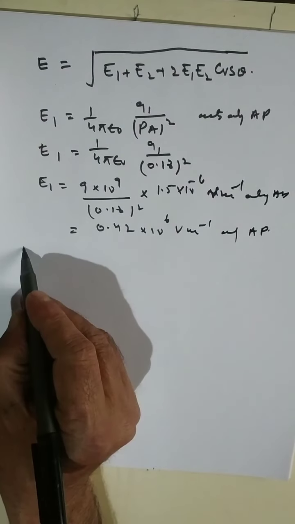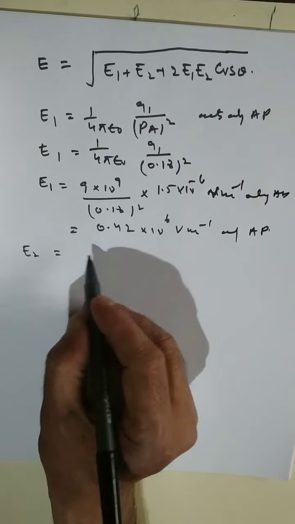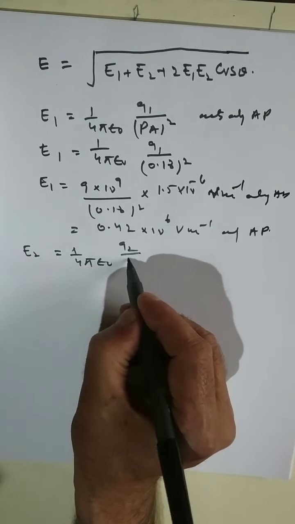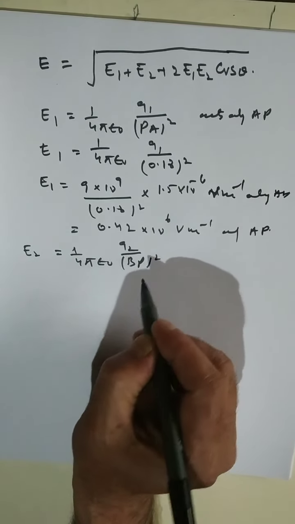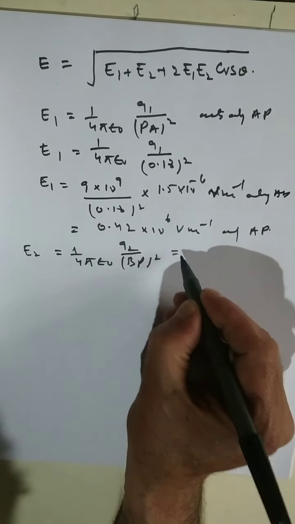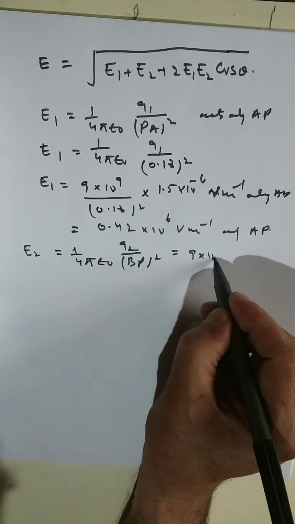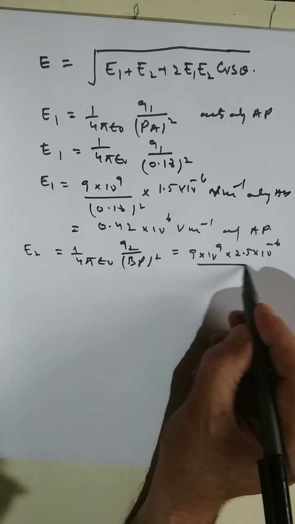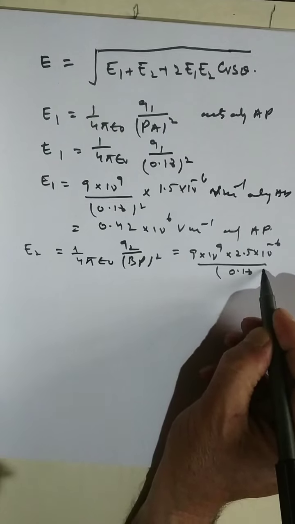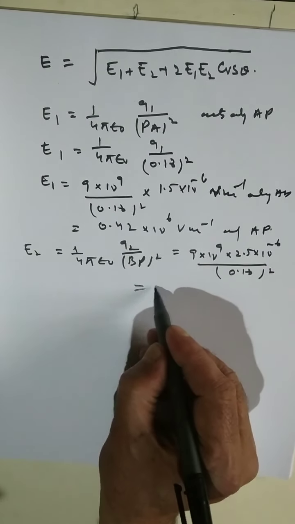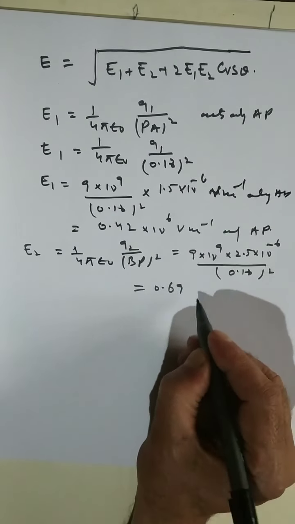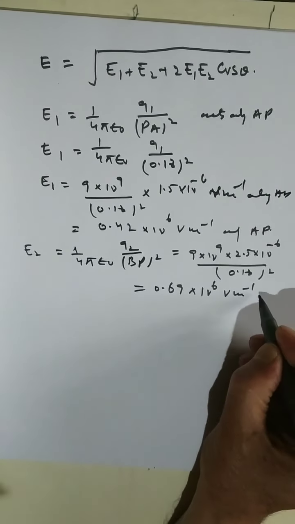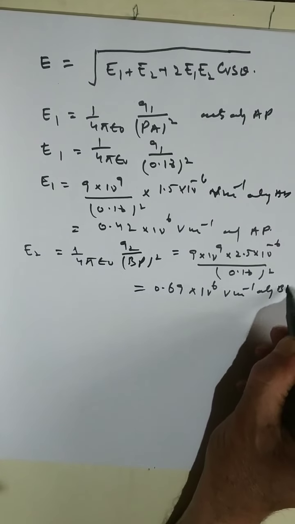Similarly, E2 is equal to 1 by 4 pi epsilon 0 Q2 by BP whole square. After substituting the values, we get 9 into 10 raised power 9. Q2 is 2.5 into 10 raised power minus 6 divided by 0.18 whole square, and this comes out to be 0.69 into 10 raised power 6 volt per meter acts along BP. ठीक, now